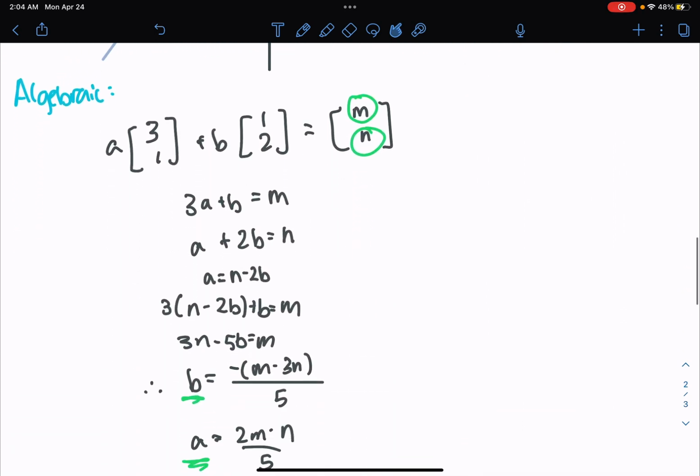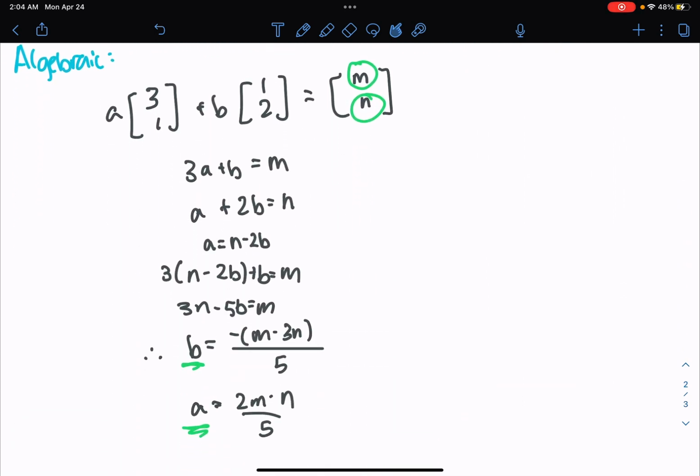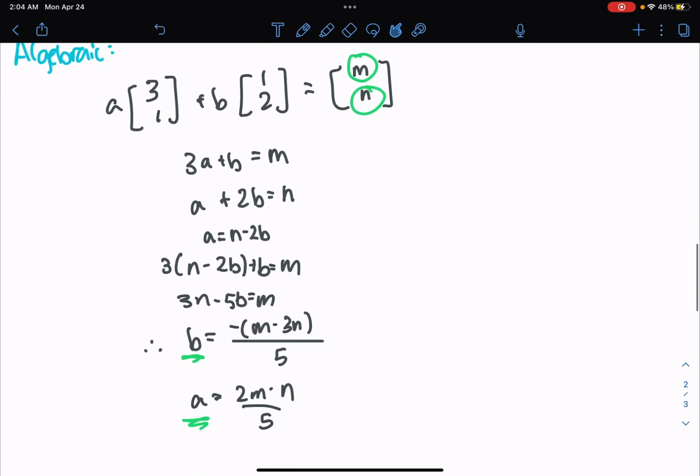So we'll go ahead and get into the algebraic explanation of why this works. I wrote out the linear combination of the two vectors because that's the definition of span, any possible set of linear combinations. So M and N in this scenario represent just any fixed location where Gauss is hiding on R2. So basically, if we get a real number for the values of A and B in this scenario, then it means that for any point on R2, there is a possible linear combination for these two vectors to